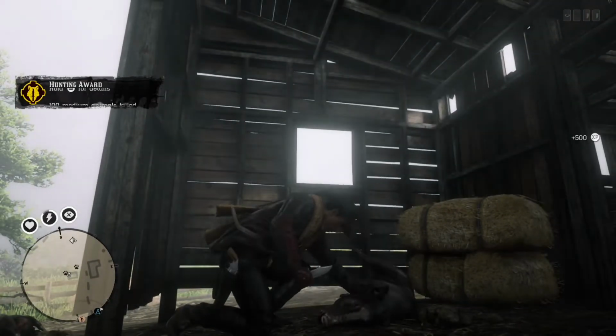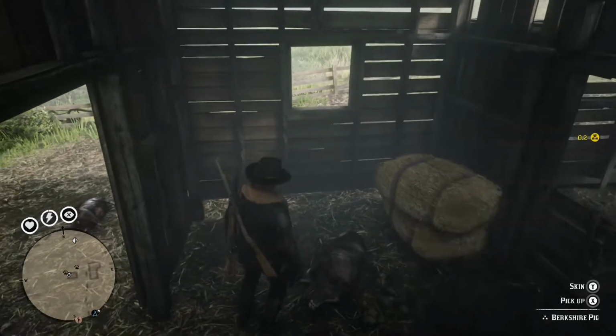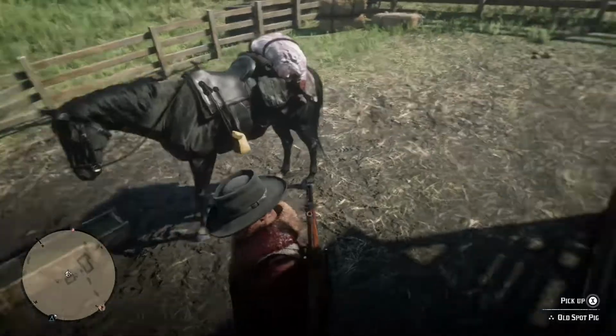Now, right here, you'll see that I got an award, and you want to hold the start button for getting 1,000 kills on a medium animal using a knife. Now, you can reset that, and I've gotten 4,000 kills already, and you'll get 0.2 gold, as you saw on